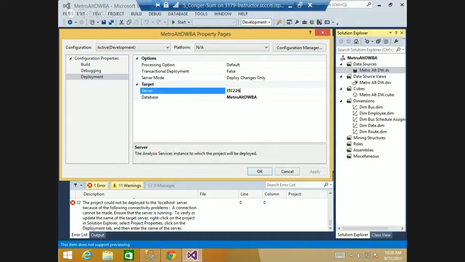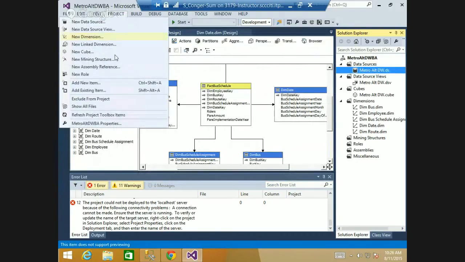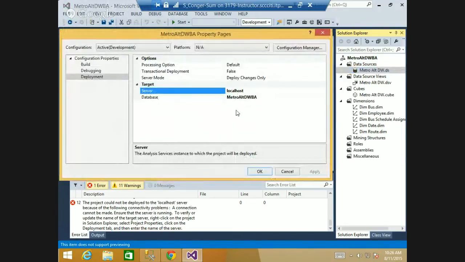I went to project properties. Are you running? Did you stop? Where is it up here in the menu, project properties? No, project, properties. Try it again. Yeah. Oh, yeah, localhost. Yeah, this needs to be IT